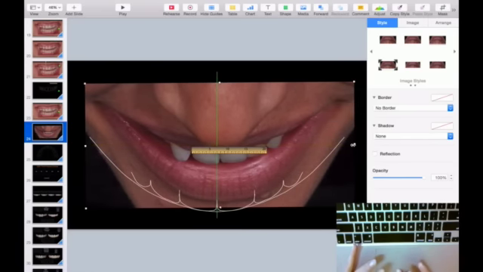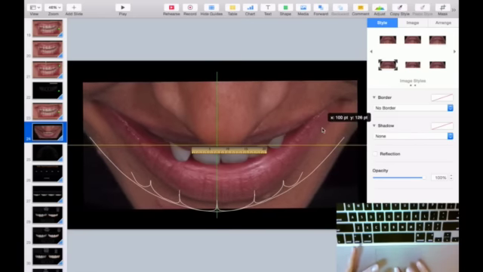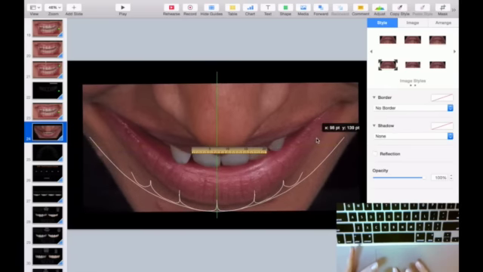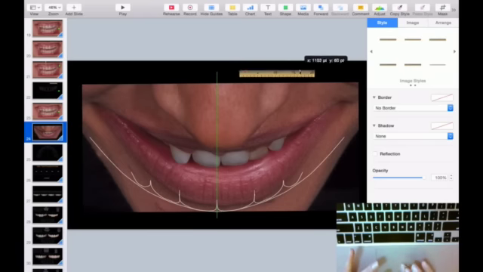Almost there. Tiny bit more. This is pretty good. So now I have the calibrated picture,